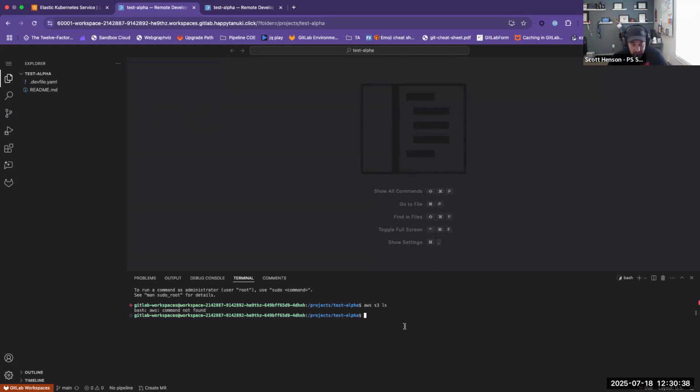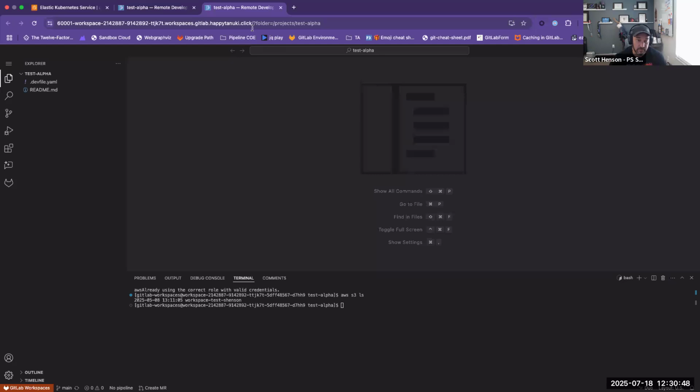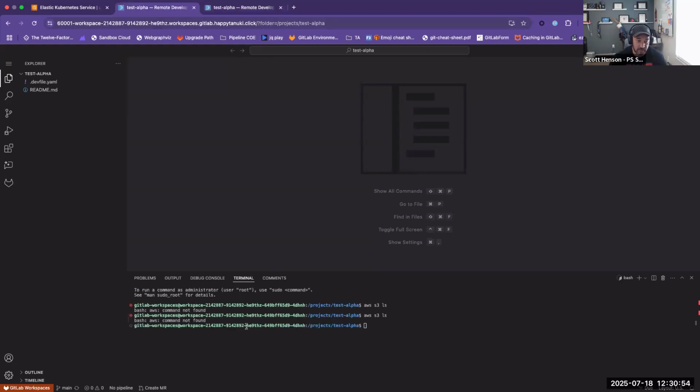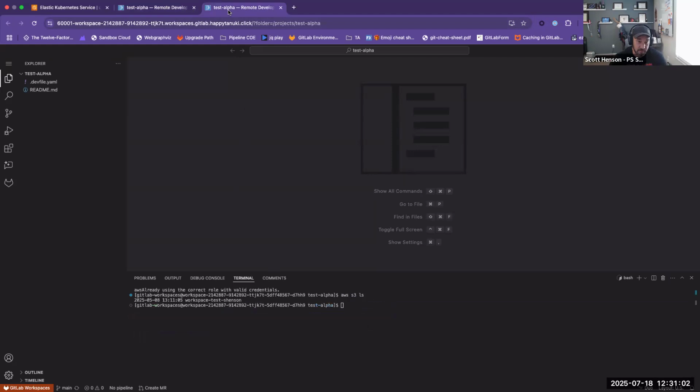So the CLI is not installed. None of that's there. So that's why you can see my AWS S3 LS doesn't work because it's not installed, right? I think, yep, these are the same exact ones. Nope, it's not. So this is the one that doesn't have the dev file. So you can see the command line actually looks a little bit different from a color perspective just because it's using a different image type. This one looks way more naked,